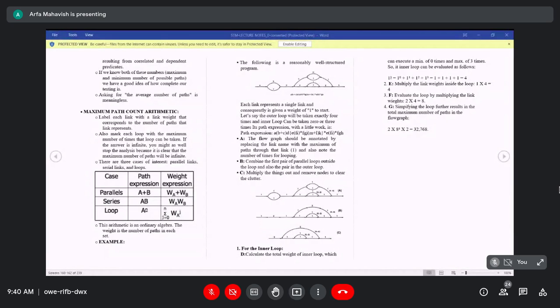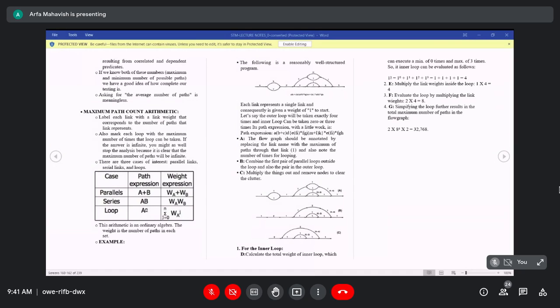For the serial loop, each term in the path expressions is multiplied with each other in the second path expressions. Okay, so if it is the serial link, from one node to second node to third node, it is traveling in sequence, in the serial way. So at that time, we are multiplying the two nodes, we are multiplying WA and WB, the weightage of those nodes.